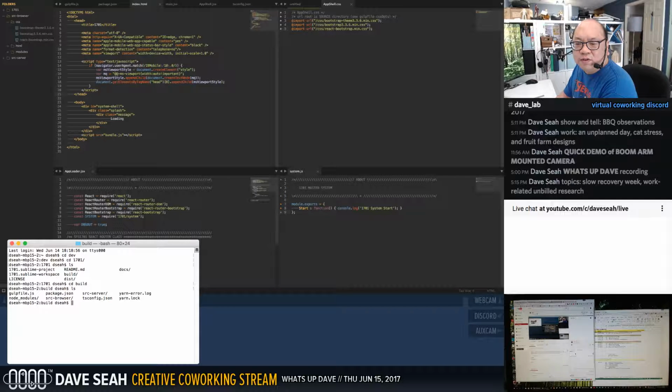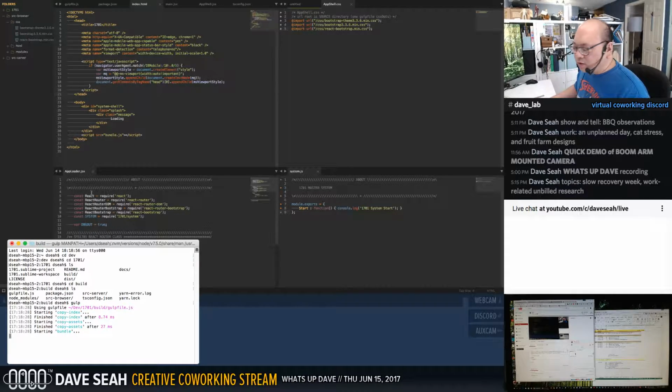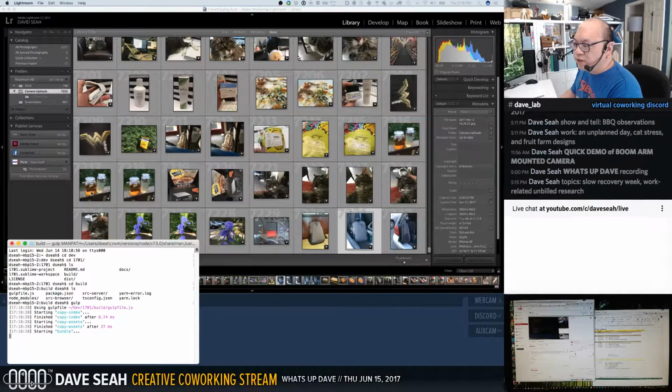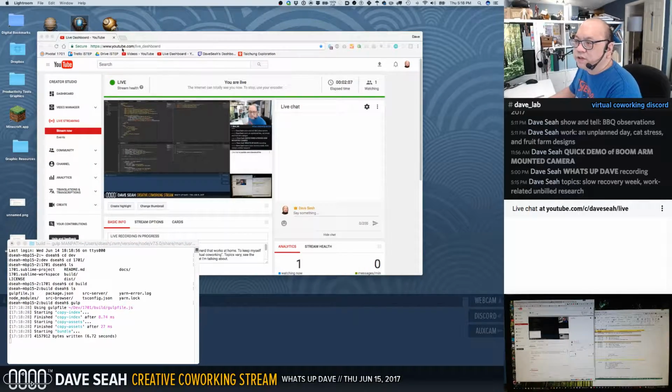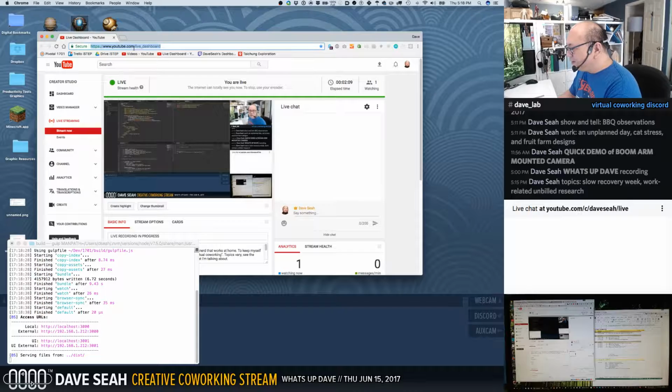Some of the new things with this one is I'm using a different build tool, one that's called Browserify, as opposed to whatever it was before. I can't remember. Before we were using Mimosa, and then we switched to Gulp.